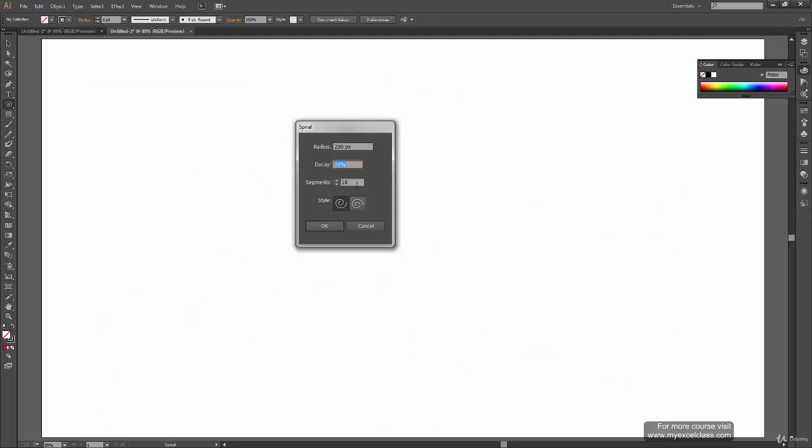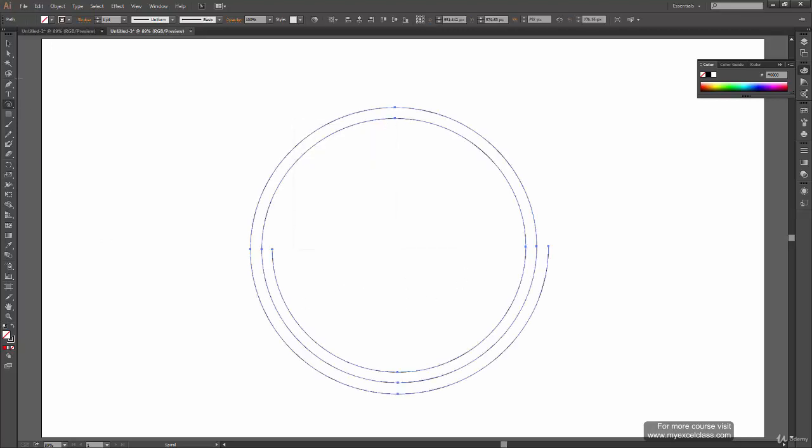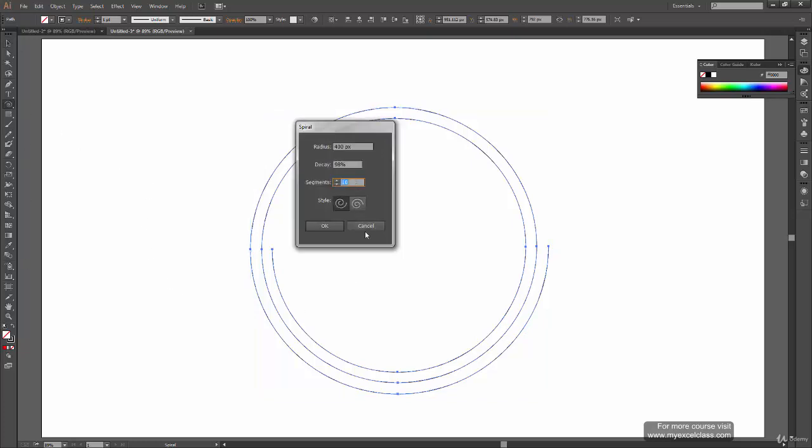To see the number of segments, we should have our decay at 98% or something and make our spiral 400 pixels. So we get a spiral like this. Now what the number of segments will do is increase the number of segments inside the spiral. Right now it says the number of segments is 10.